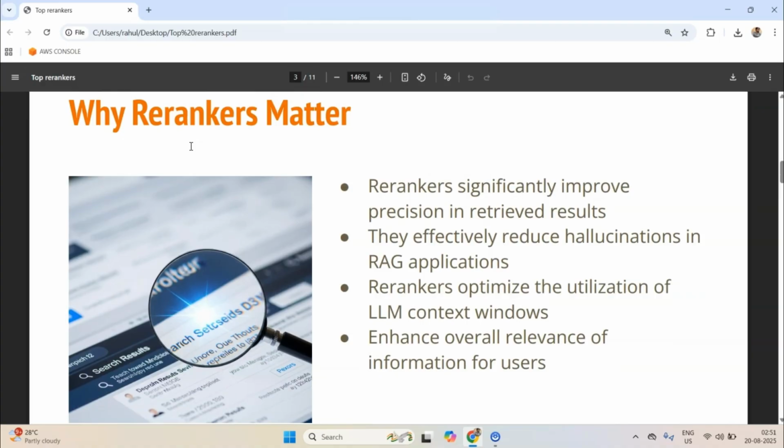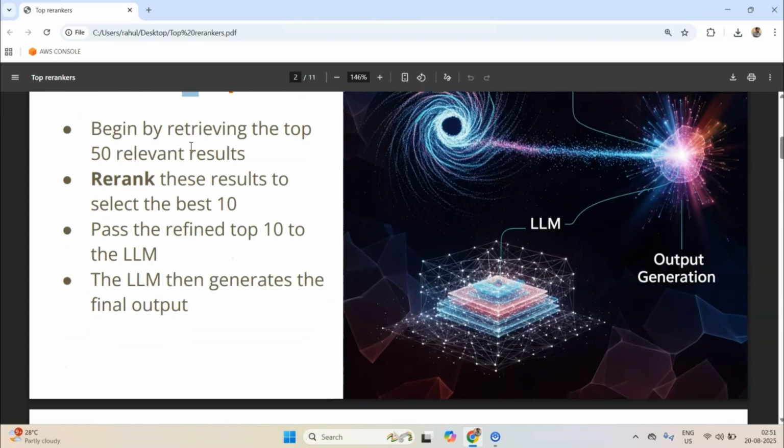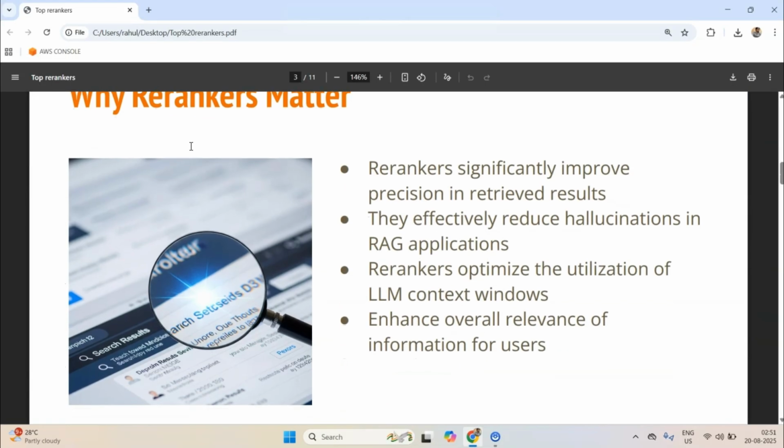First things first, why do re-rankers even matter? When we use vector search, our retriever fetches a bunch of results, right? Maybe, let's say, the top 50, which we already saw before. Now, not all of them are equally relevant.